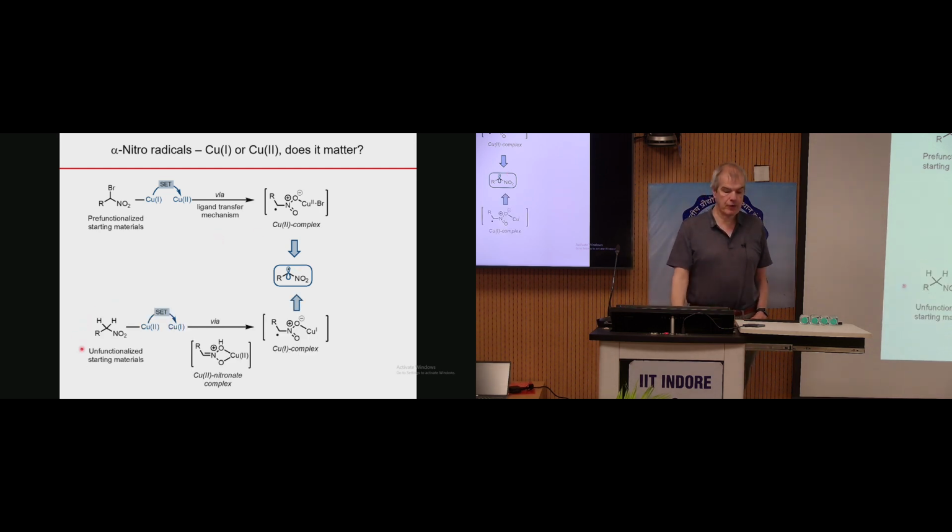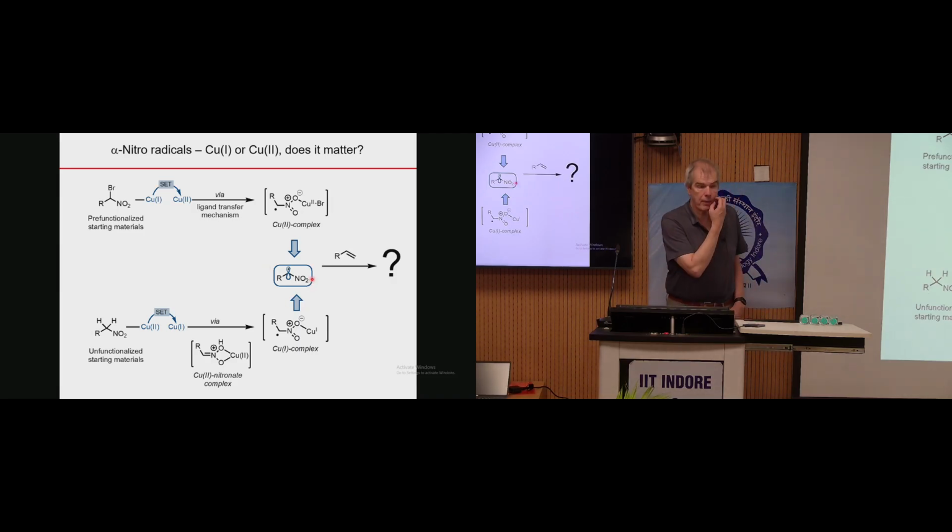But you can do the same thing not starting from the bromonitroalkane. You can do the same thing starting from the nitroalkane. And now it's the same idea. With a base, for nitroalkanes you don't need strong bases. They're already very acidic. You form the anion. And now this anion, and we do this in the presence of copper 2, the copper 2 is now doing the homolysis, forming this nitroalkane radical. And the difference is now that we have copper 1 present, and in the process up here we had copper 2 present. But we have essentially the same type of radical intermediate,